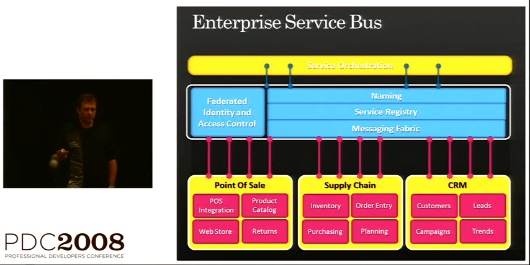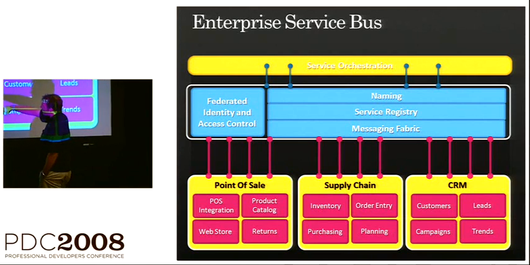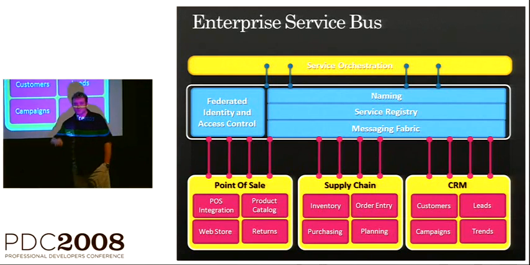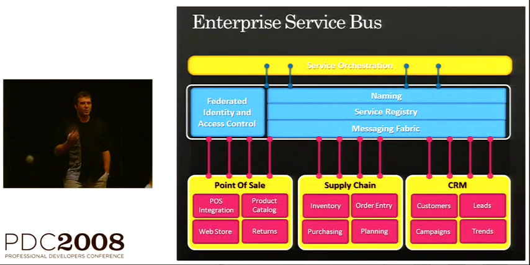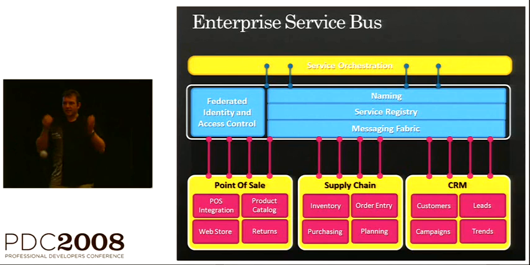We all by now, at least from architecture, know what an enterprise service bus is. An enterprise service bus takes all of the applications that we run in the enterprise, point of sale, supply chain, CRM systems, our database backend storage, takes all of those systems and integrates them into a common fabric. The enterprise service bus very often is Ethernet with appended services. So really we have a fabric inside of our enterprise which is based on Ethernet, based on TCP/IP, and then we're running server systems that help knit all those things together into a common fabric.